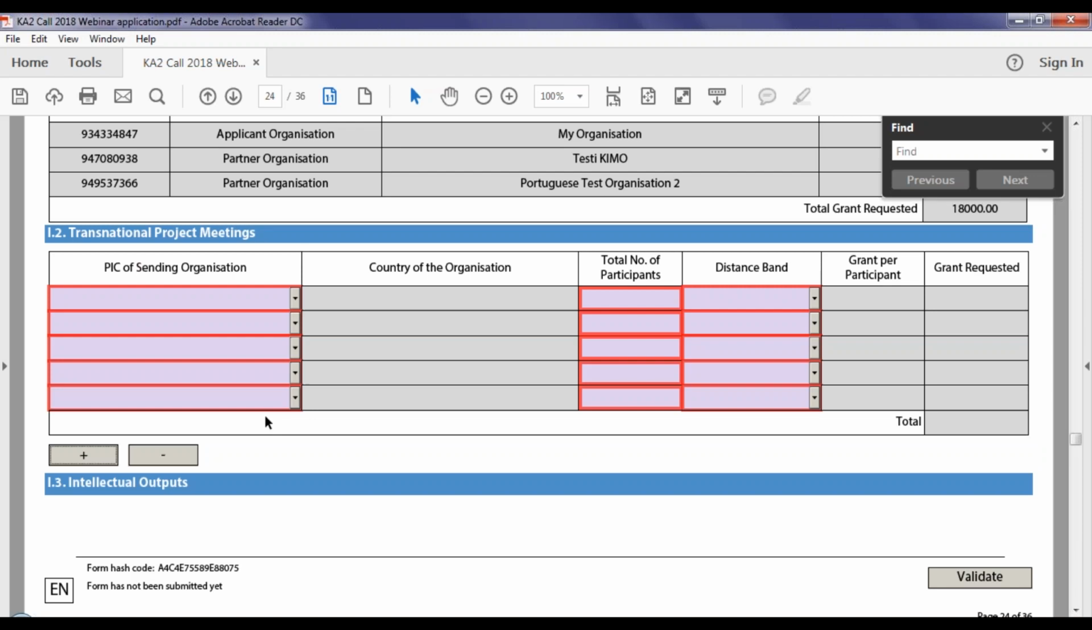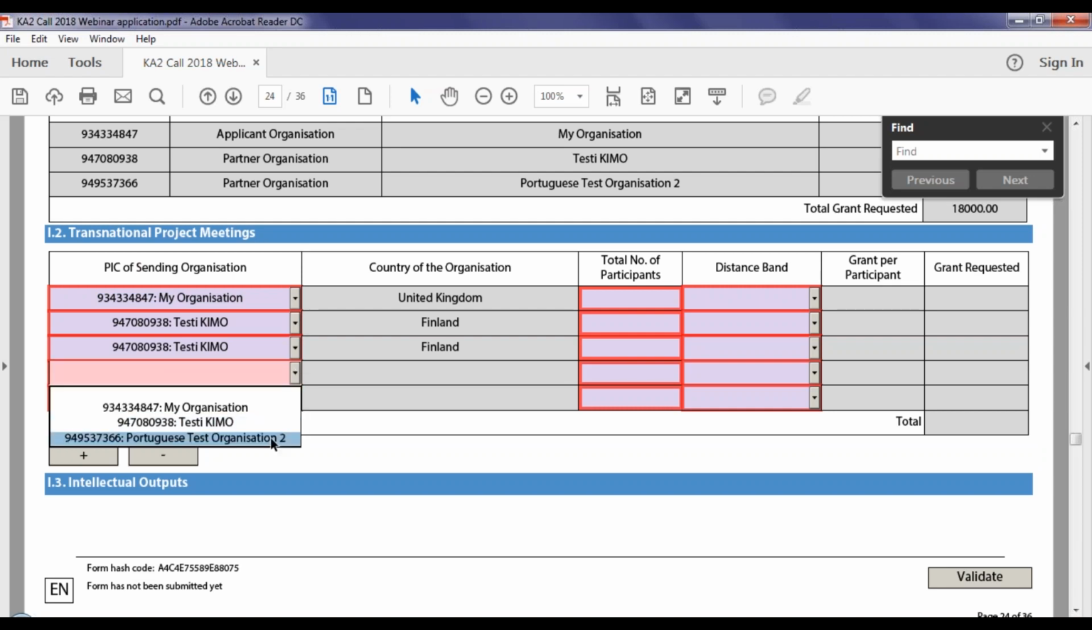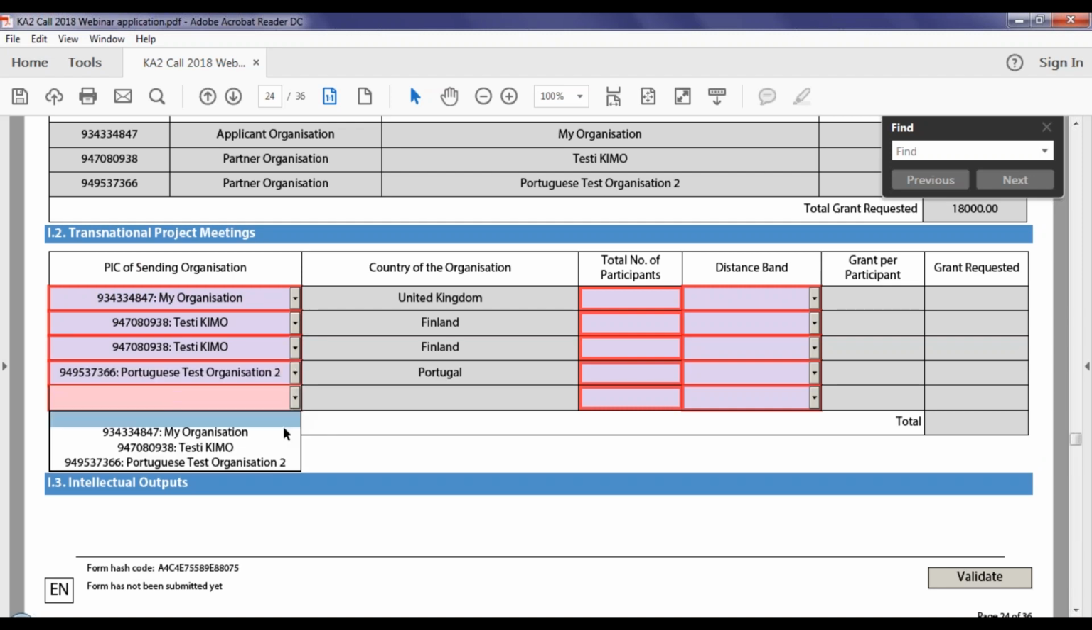For the first row, I will choose My Organisation and Testi Chemo for the second and third. I will then select Portuguese Test Organisation 2 for the last two. Following this, I will input 4 participants in the first row,